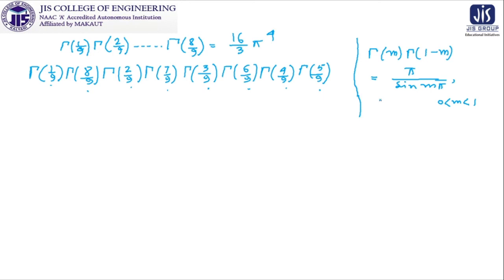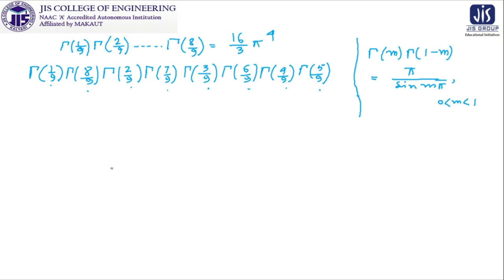This property of the gamma function pushes us to write this structure in this form so that we can think of applying this formula. Otherwise, there is no such structure known to us. It is not possible for us to solve 8 gamma functions using the basic definition and so on. So ultimately our job is to rearrange it in such a way that we can do the next steps.